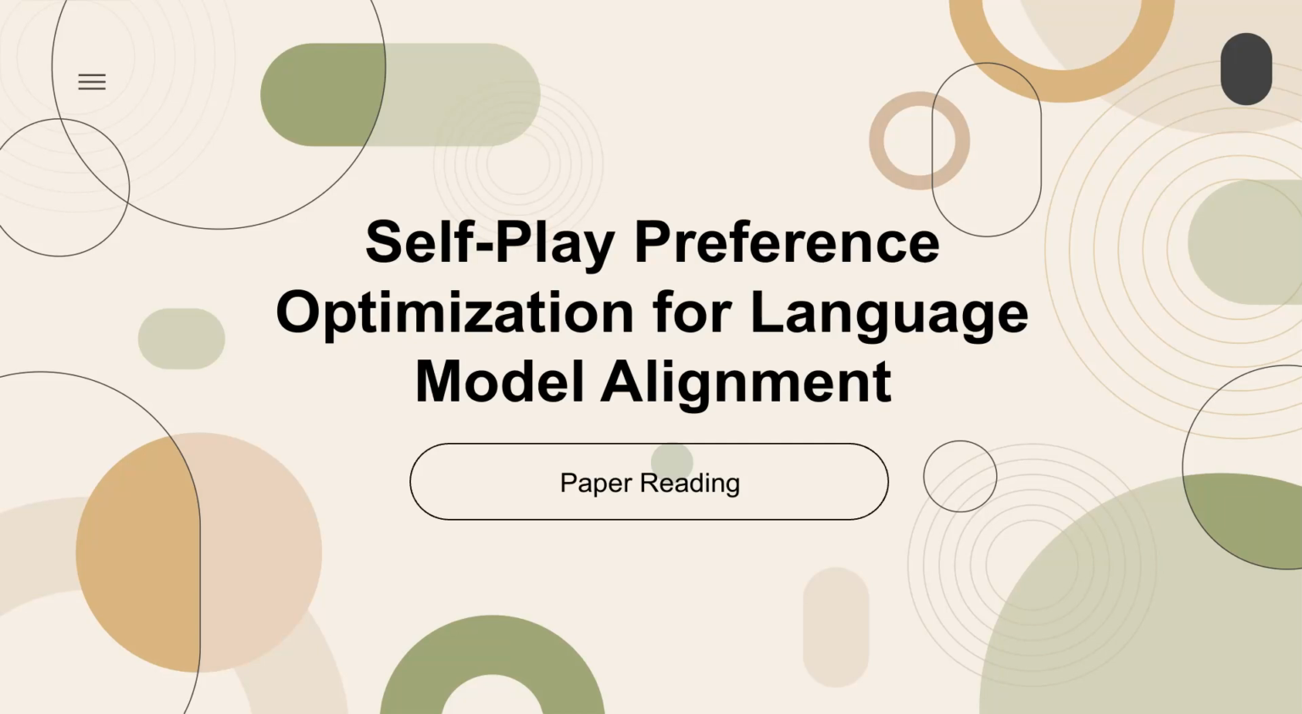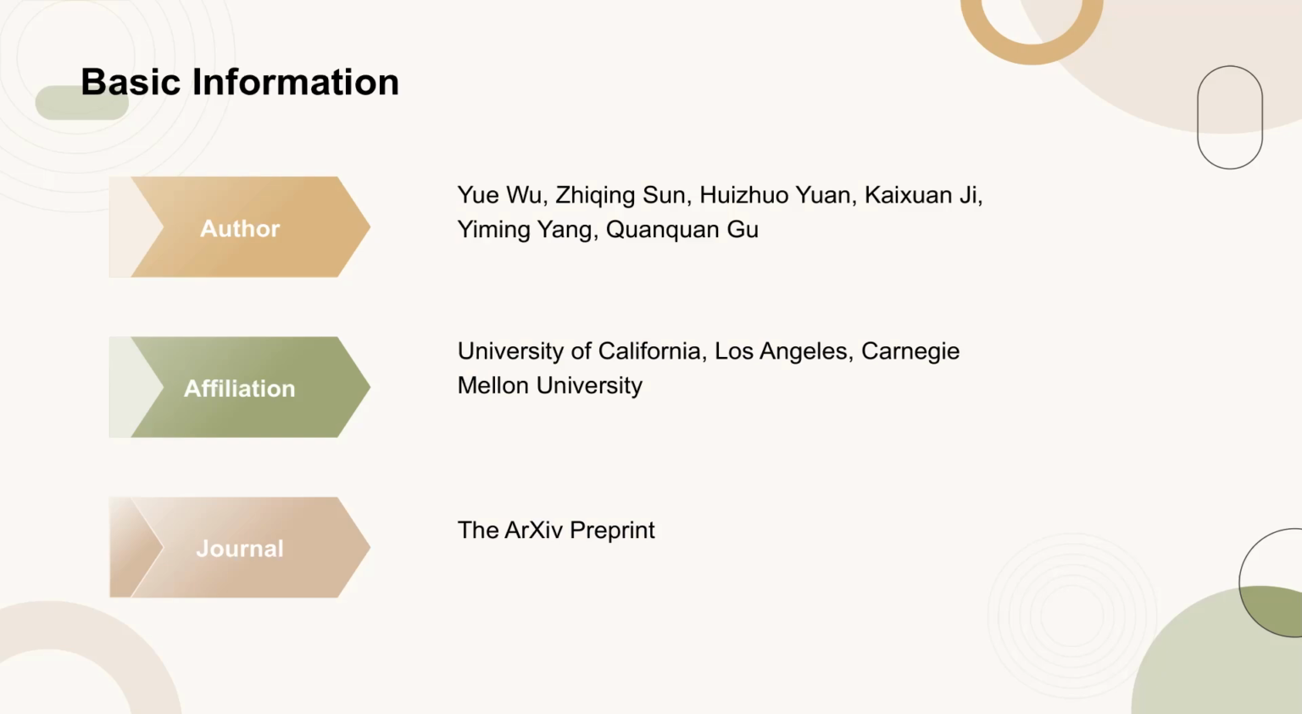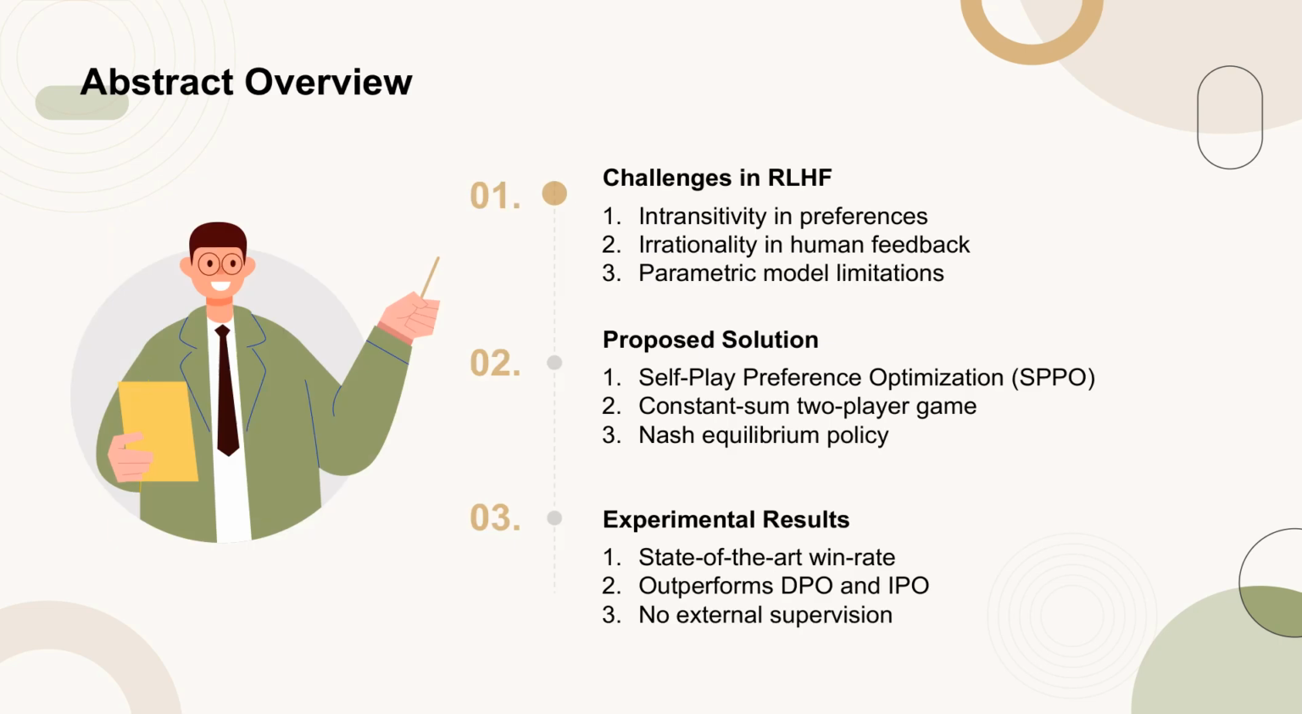Today's paper is titled, Self-Play Preference Optimization for Language Model Alignment. This paper was published on the arXiv preprint by Wu and colleagues from the University of California, Los Angeles and Carnegie Mellon University. The traditional reinforcement learning from human feedback, RLHF, approaches face challenges such as intransitivity and irrationality in